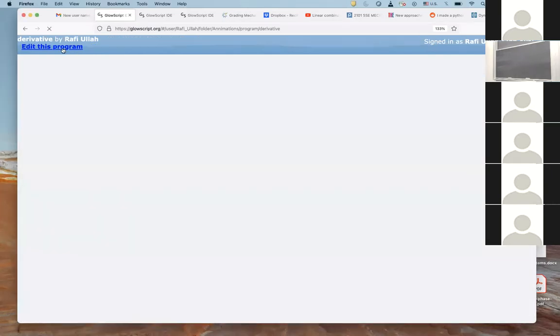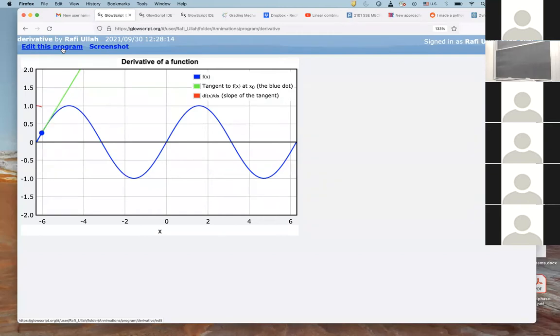So I'll just show you what it looks like. It shows you that I have a function represented by the blue curve, and then at different points on the curve, I have a tangent, which is shown by this moving green line, and the tangent is at the blue point, and it's changing because I'm changing the point where I am looking at the tangent, and the slope of that tangent is continuously plotted as a red function. So that's what the derivative is. So if you have a function and you want to plot its derivative, this is what it means graphically.